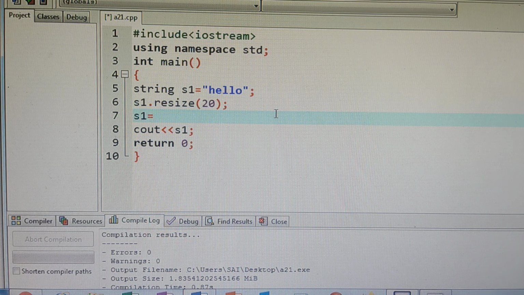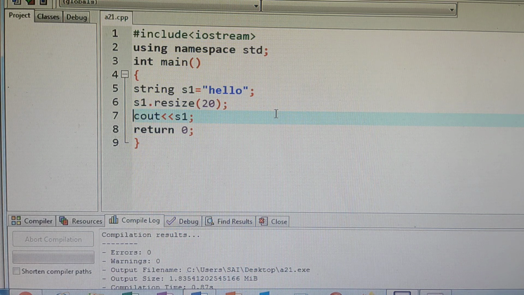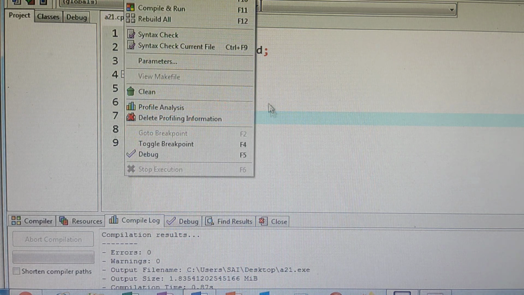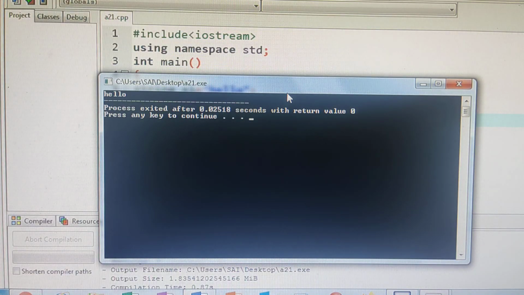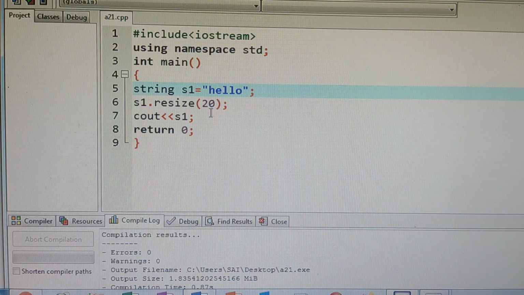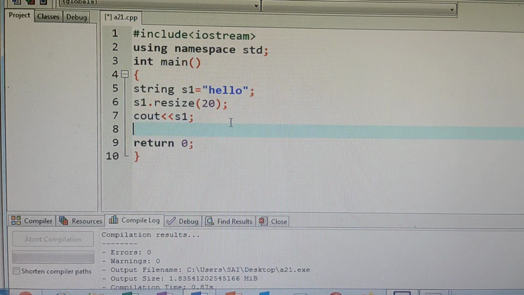Now after that, we'll see again whether it is taking one more parameter or not. s1 equals to. First we'll execute this and I'll show you the s1 we are printing. Save it, execute, compilation over, now execute, run. See, hello it is printing. Next I will reinitialize s1 again.